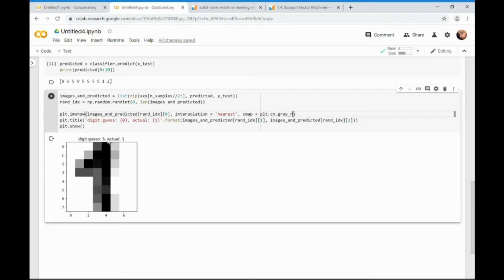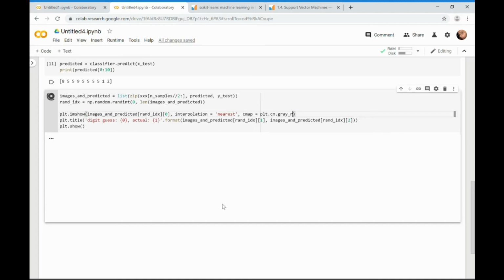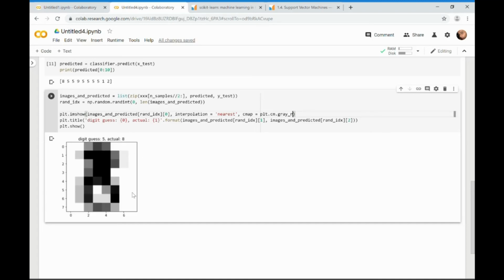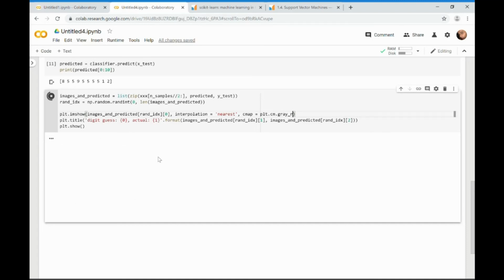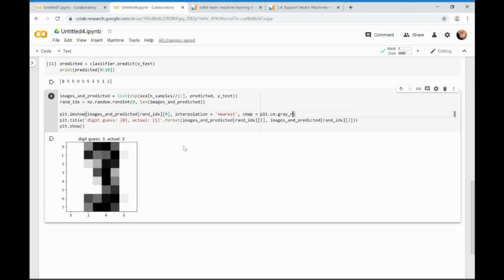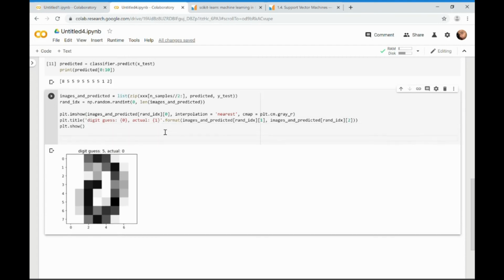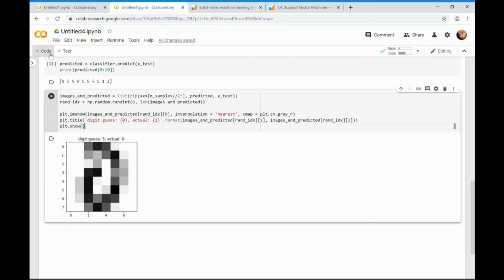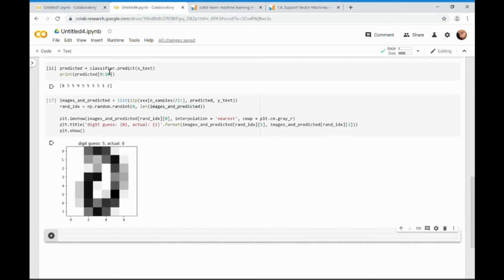So we guessed it was 5, and looks like it was actually 1. And if we do it again, we guessed 2, and it's actually 2. Guess 5, it's actually 8. Okay. So we're getting, you know, not great, but decent accuracy on this. Digit guess 5, actual 0. And we can actually find the score of this. So classifier.score